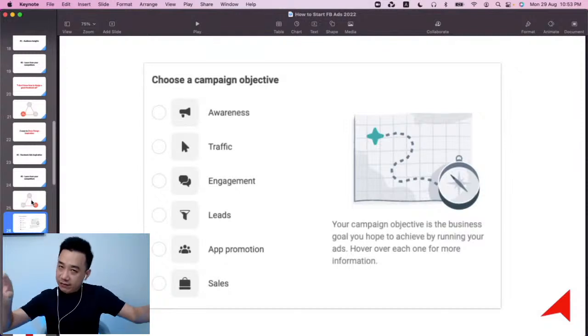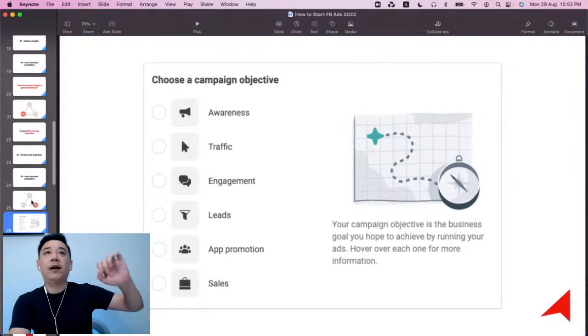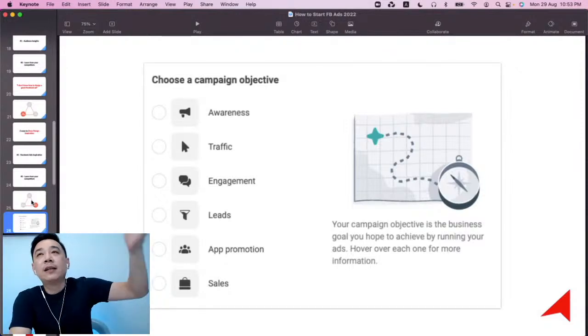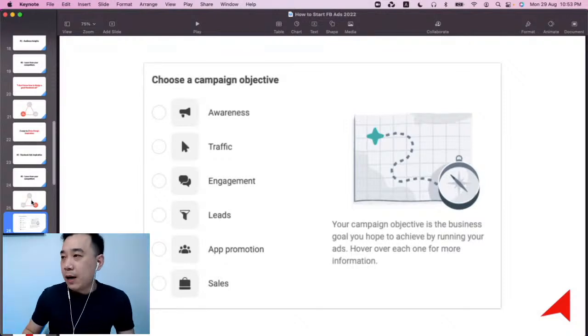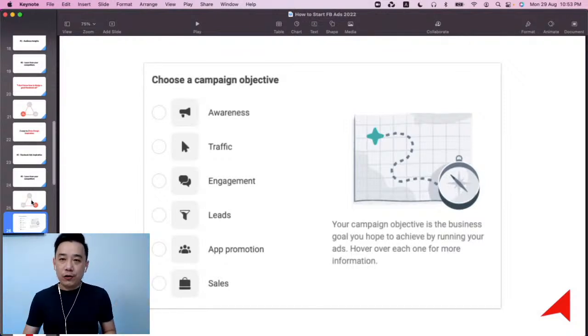We used to have 11 objectives, which include reach, awareness, conversion, traffic, messages, lead gen and all that. I just want to assure you that they are not going away in any way. They are still there.